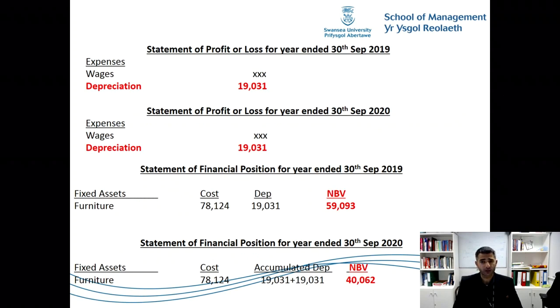First of all, you need to understand that depreciation is an expense. Depreciation is an expense to the business. Remember this. And it should be recorded under the expenses section in the statement of profit or loss. If you look here at this question,